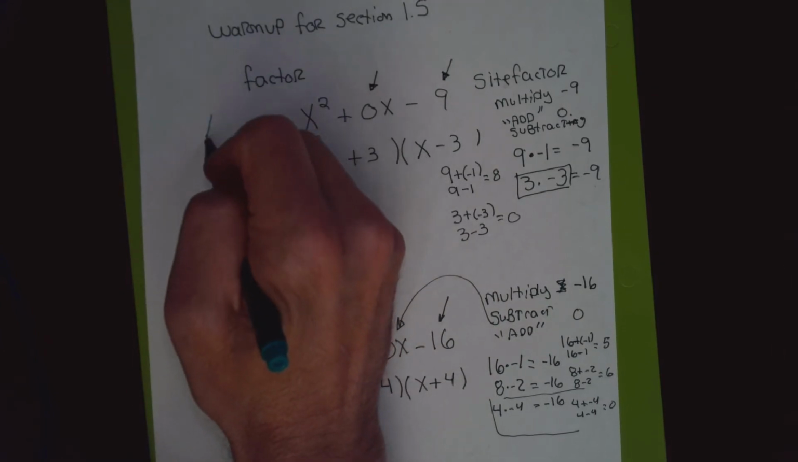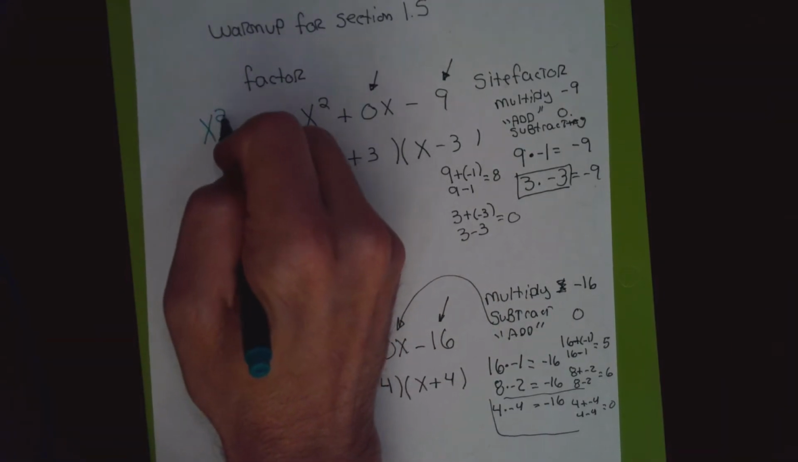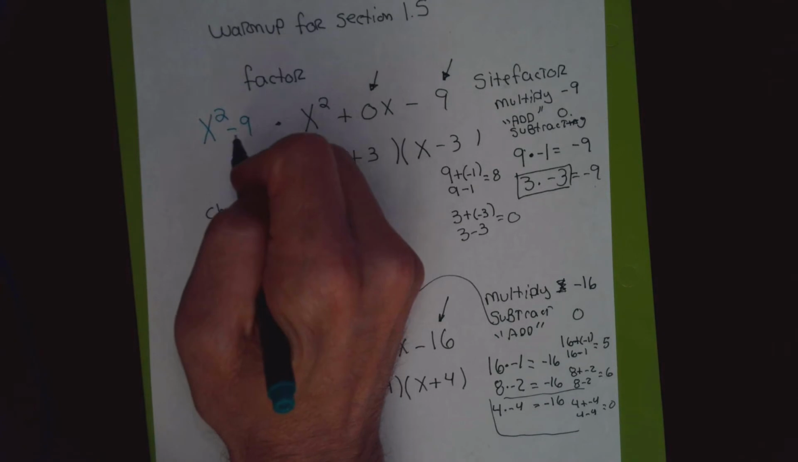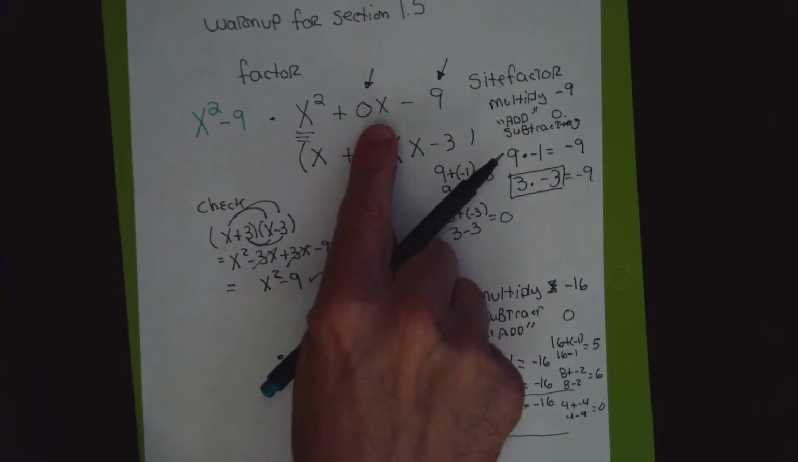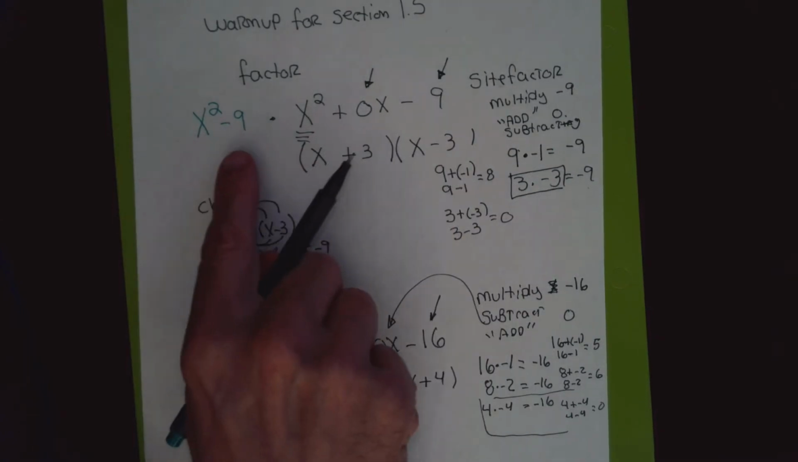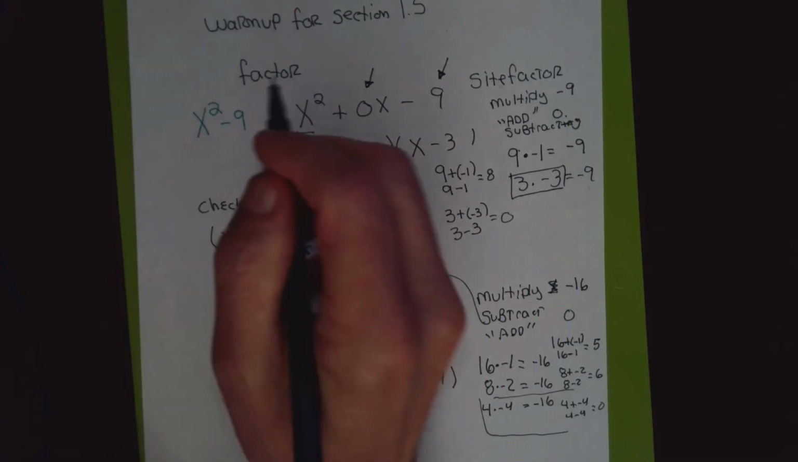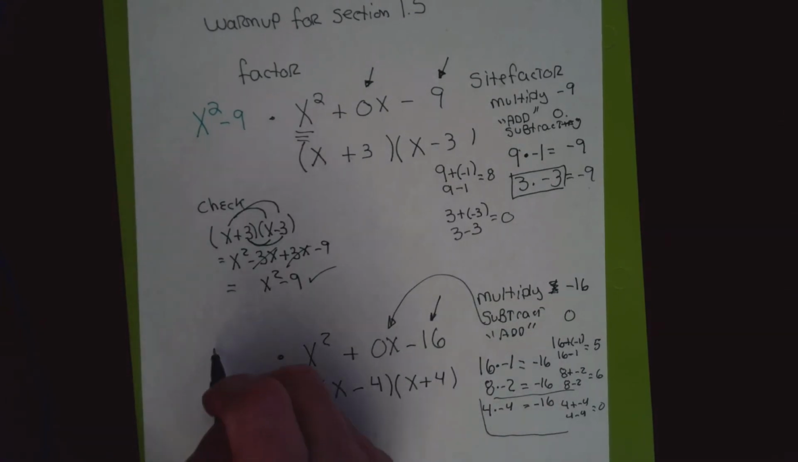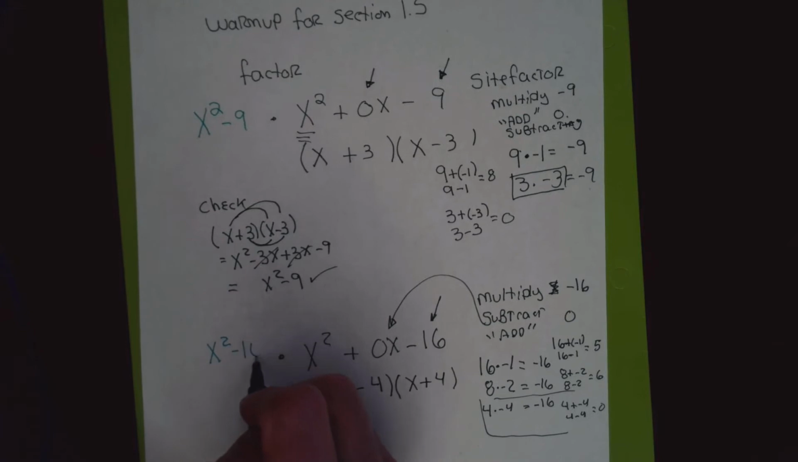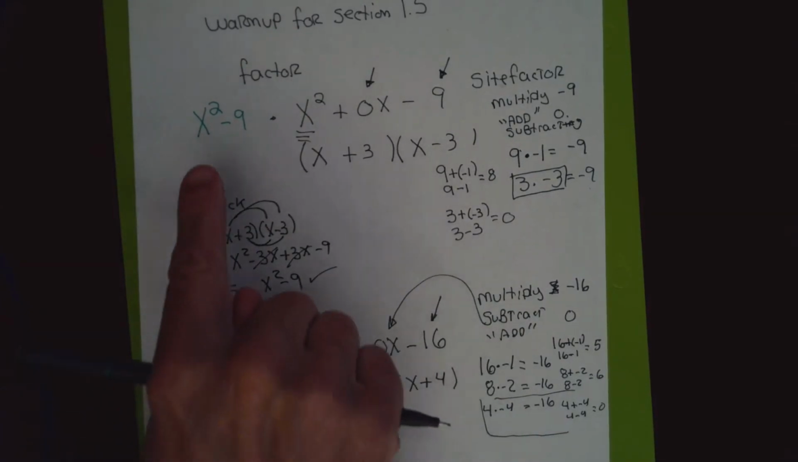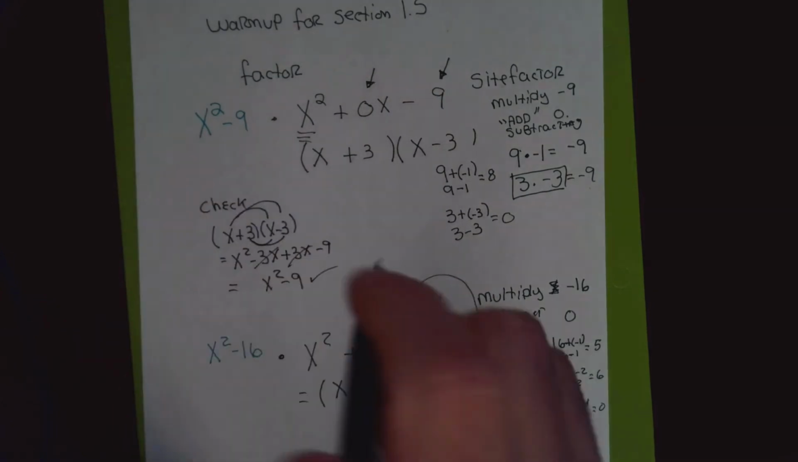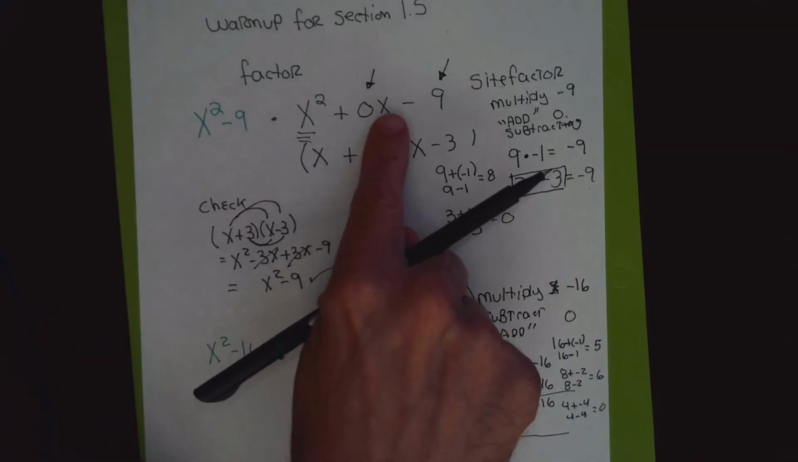The first example that I did, if I simplified it, that 0x isn't necessary. I factored x squared minus 9 realistically, because that 0x means 0, and x squared minus 9 is the same as this. And similarly, the second problem, that 0x was a placeholder, and I really factored x squared minus 16. Had I written the problem factor x squared minus 9, well, because these two problems are equal to each